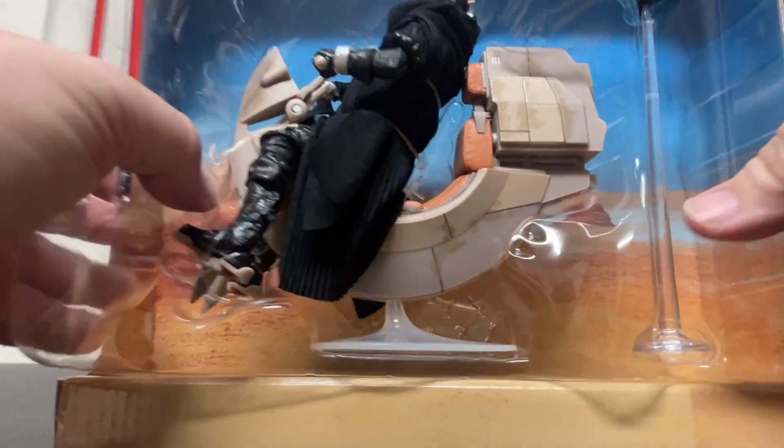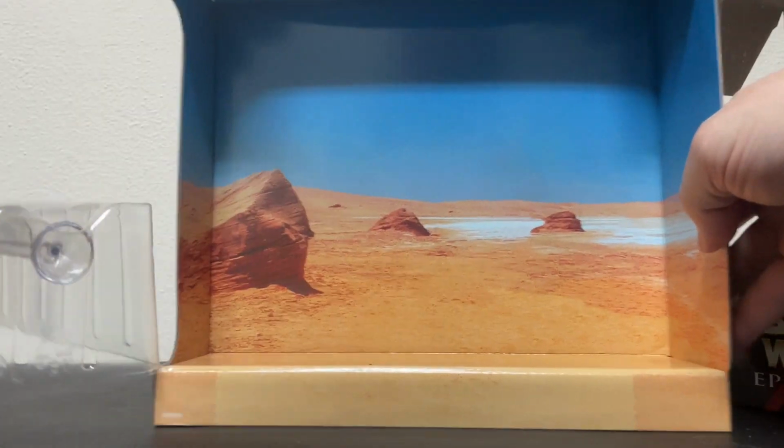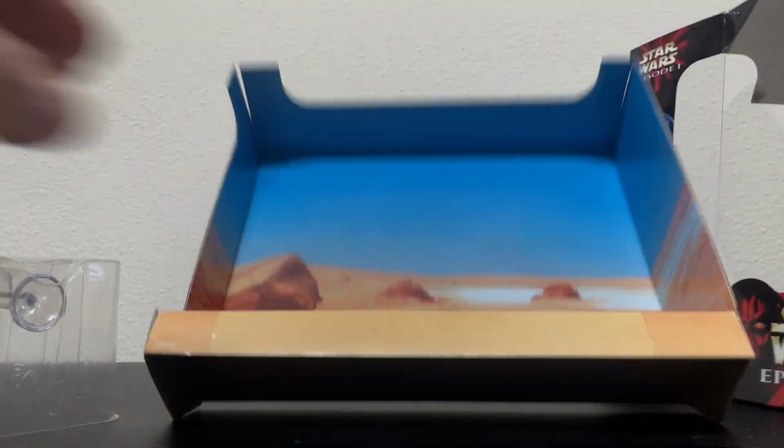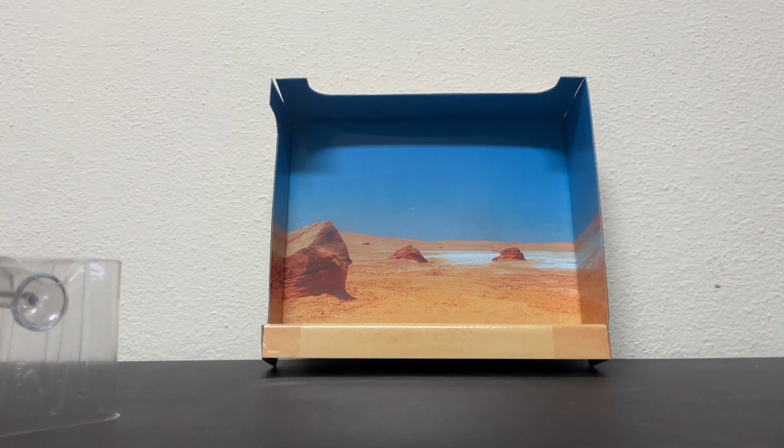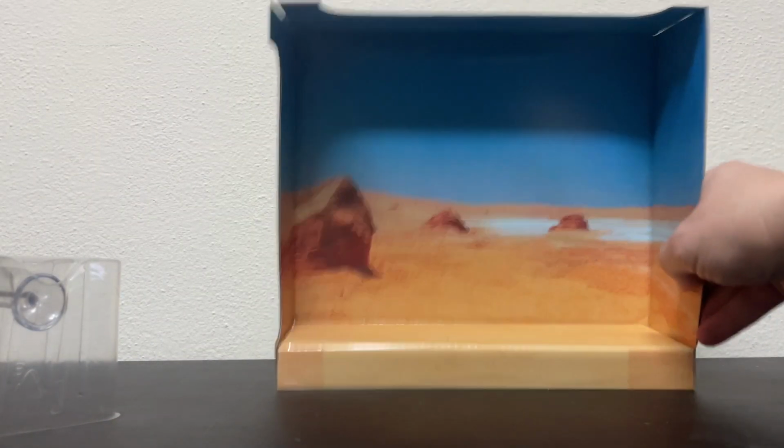And I do like the little background. You know, that's pretty cool. Definitely gonna make a little scene with that here later. Alright, so let's first take a look